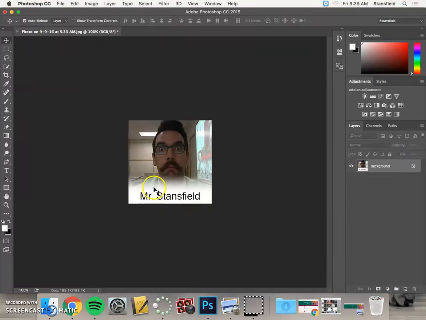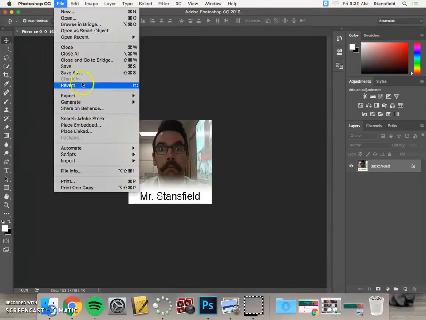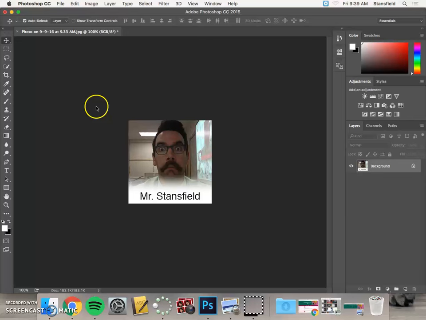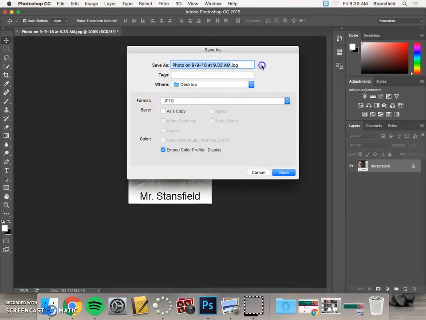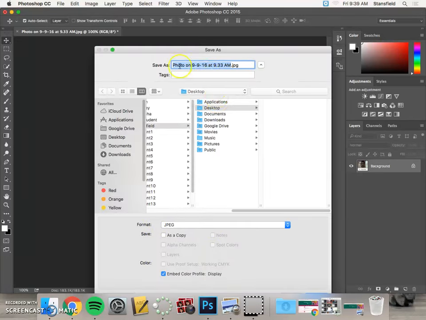I'm going to flatten the image, and then I'm going to go ahead and go File, Save As, and whenever you save a file, typically in Photoshop, you're going to save as. Click this little down arrow right here, and this is going to be really important. We want to save as, and we want to have our name in here. You want to have your first name, okay, capital, underscore, last name, okay. So you're going to have your first name,